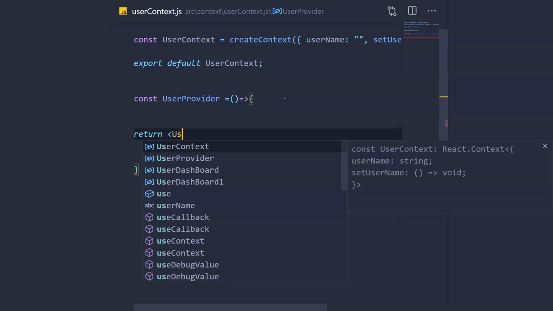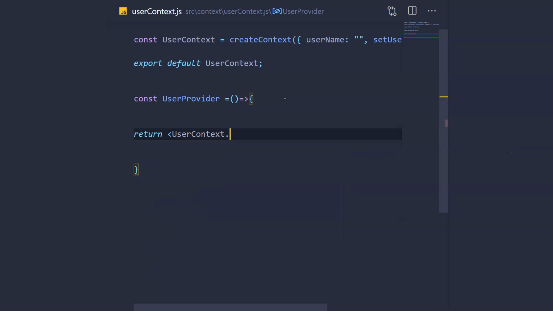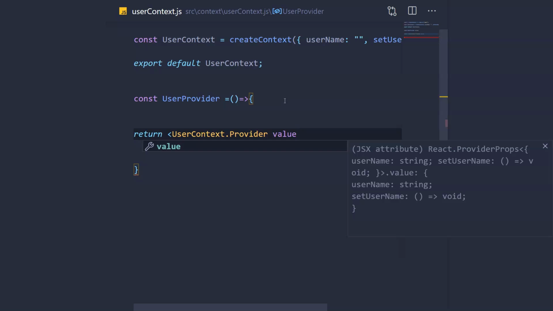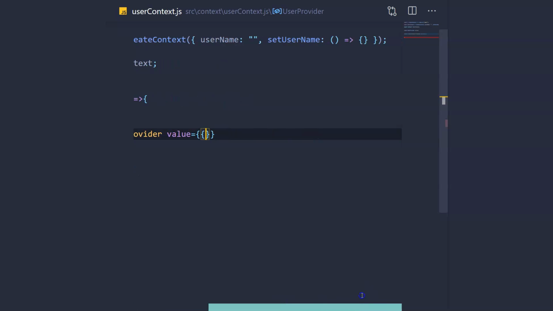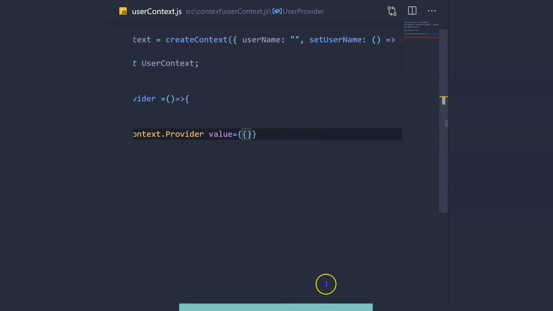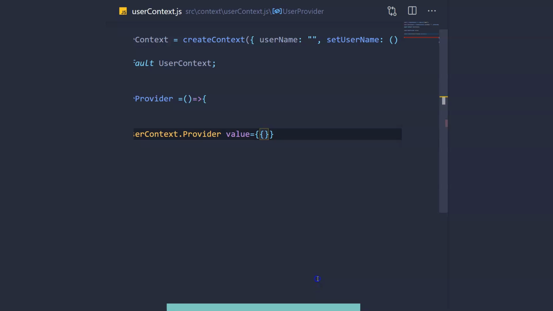The provider can be written for this context like this, dot Provider. This provider should provide a value for the context that I created.